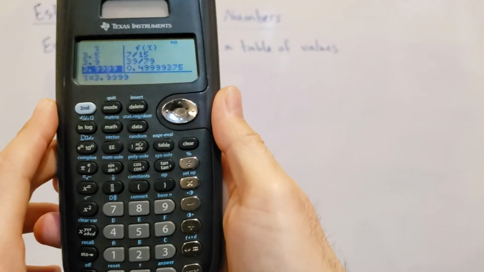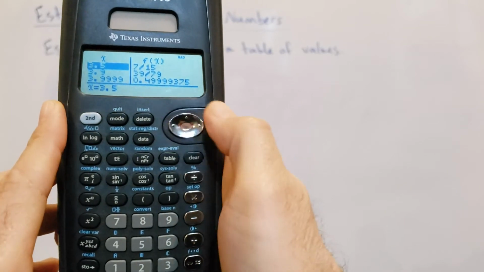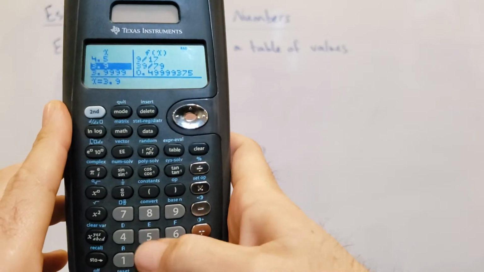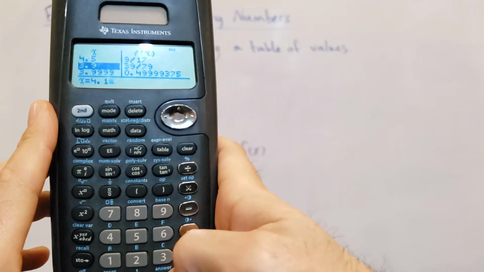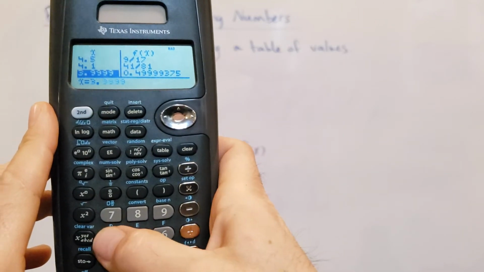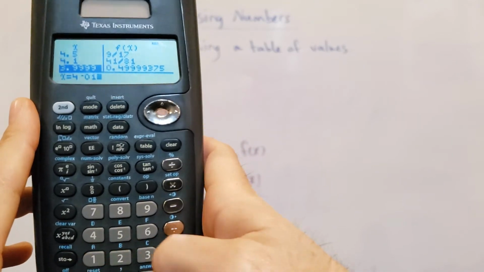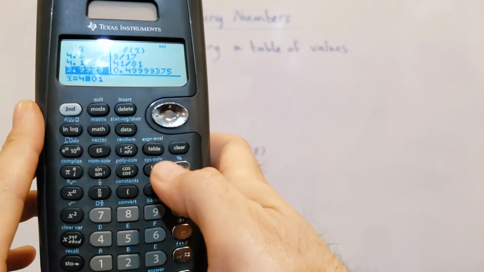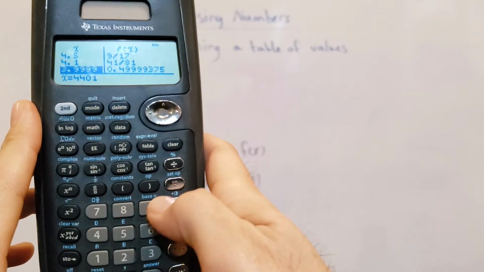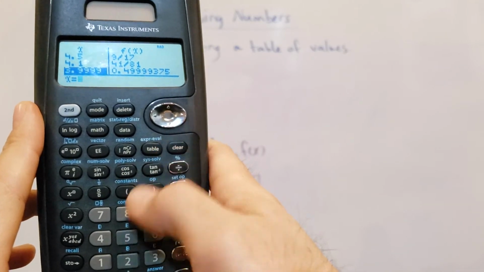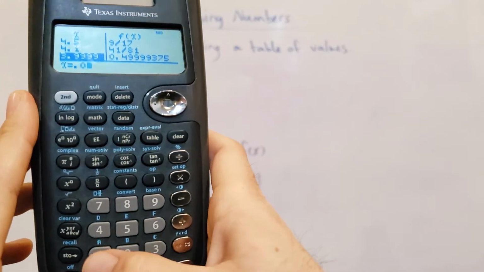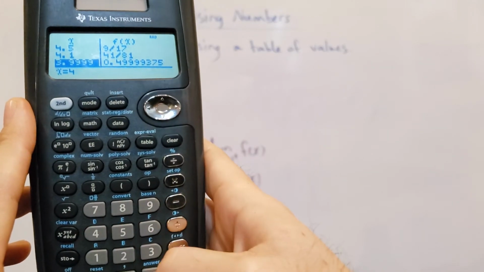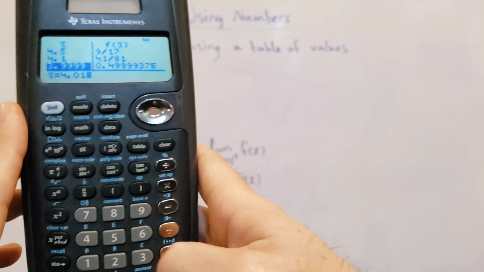Now the good news is my function's already stored, so all I have to do is go up and type my new x values. So 4.5, enter. 4.1, enter, 4.01, enter, oh, syntax error, hit a wrong key, let me clear that out. 4.01, sorry, I'm having trouble, it's tough to do this and record. 4.01, there we go,